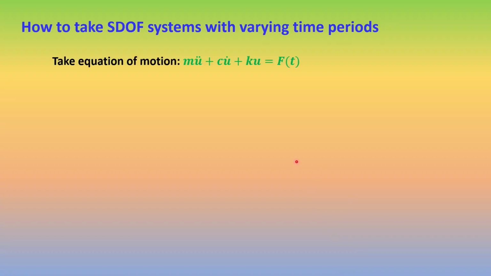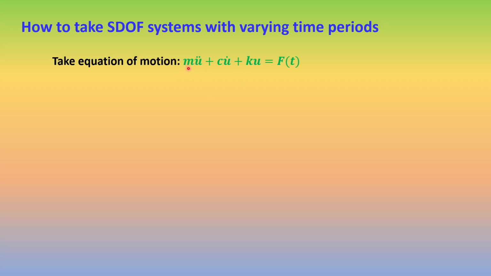Now the single degree of freedom system has to be varied with this time period. That is, the time period has to vary from some value to a higher value, and you need to make the time history analysis for all these time period values one by one. So for that purpose, the background work is like this. You consider the